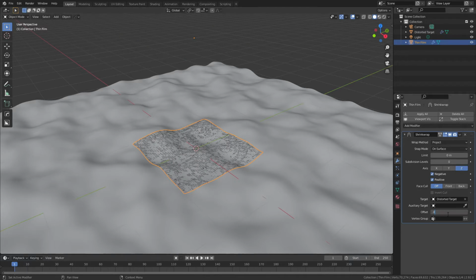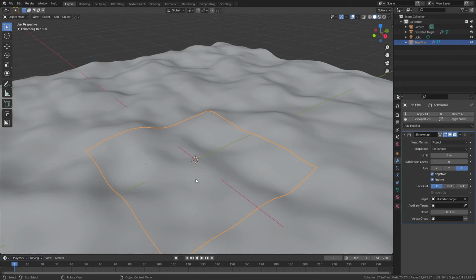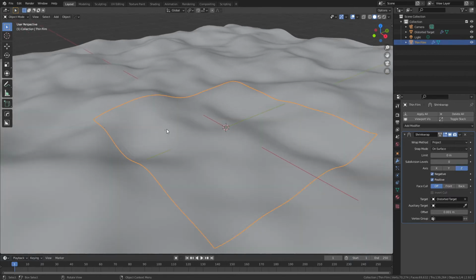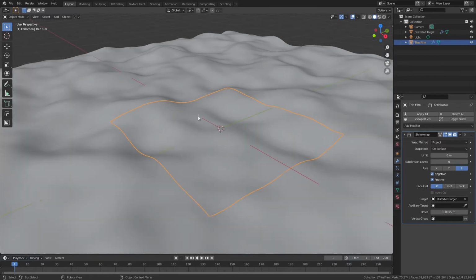Again, I'm going to add a slight offset, 0.001, and you can see it's sitting above. In this case, because of the distortion, I may actually want to increase the offset. So let's go ahead with 0.0025. And now you can see it no longer looks like it's intersecting. Right click, shade smooth, and once again, if I wanted to, I could control where this is actually going to